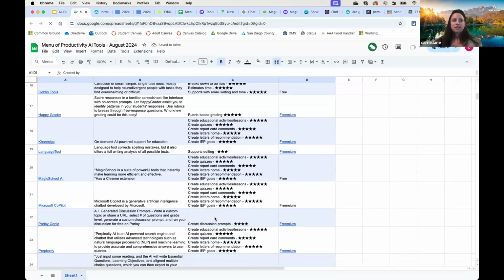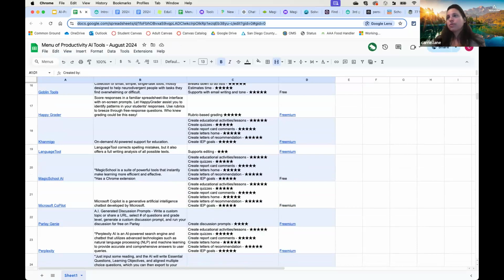It's just basically a list of tools that might help you with your productivity that are either free or freemium. And we kind of went through and looked at some of the common tasks that teachers might be doing. And we tried to just see, okay, it does this pretty well. With that being said, again, these programs are not necessarily allowed at your schools. So this isn't an endorsement of any specific things. This was just one that we found that did certain things that help teachers out that were either free or freemium.